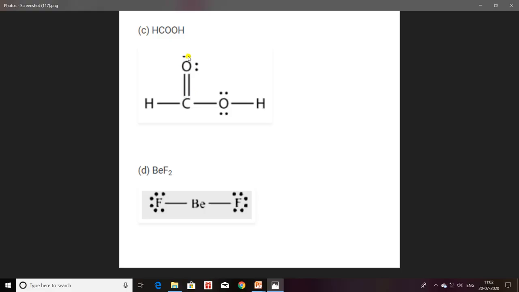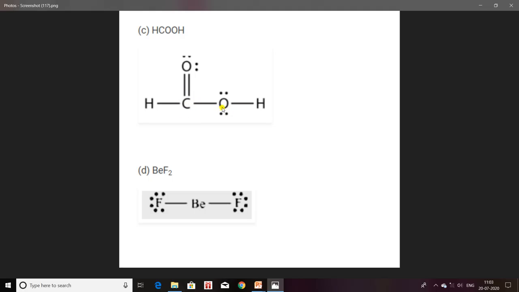Okay. In the same way you will show valence electrons of oxygen atom 1, 2, 3, 4, 5, 6. Okay. Now oxygen needs only 2 electrons to complete the octet. So oxygen will share 2 electrons with carbon. And carbon will also share 2 electrons with oxygen because carbon needs 4 electrons. So carbon will get 2 electrons from this oxygen, 1 electron from this hydrogen atom and 1 electron from this oxygen atom. Okay, so carbon will get 4 electrons by sharing of electrons. So that is why its octet is complete.